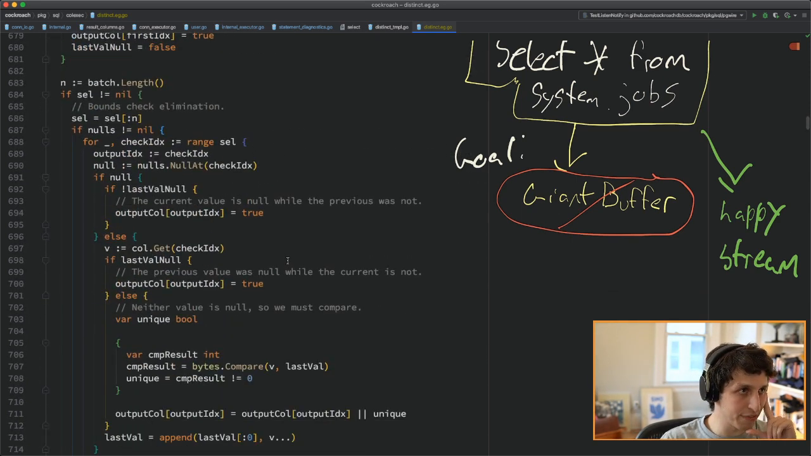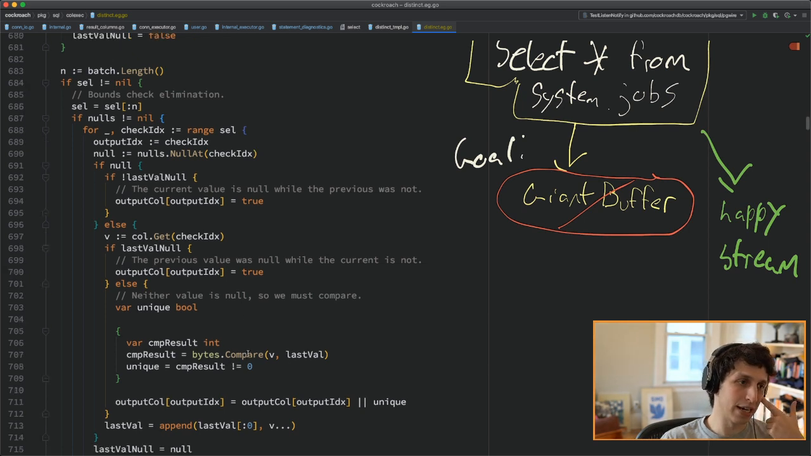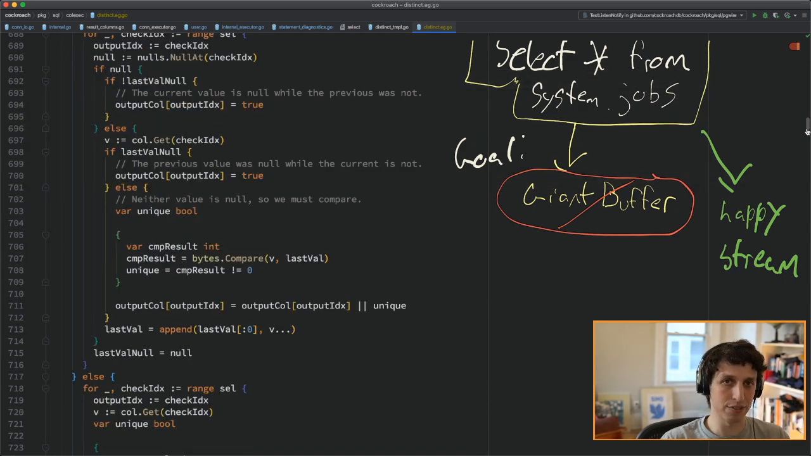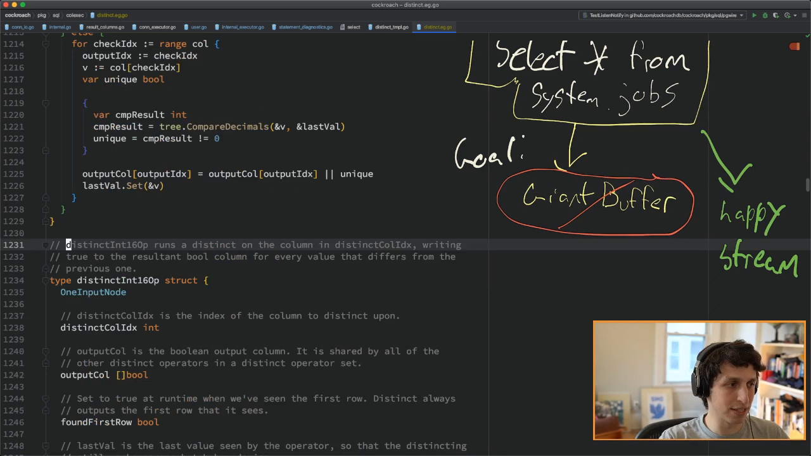It doesn't have to do any type switches ever. It's using native operations when it can. I guess bytes is kind of a bad example because there's slices. We do have some optimal byte stuff, but the really simple one, I guess, would be the distinct int operator,